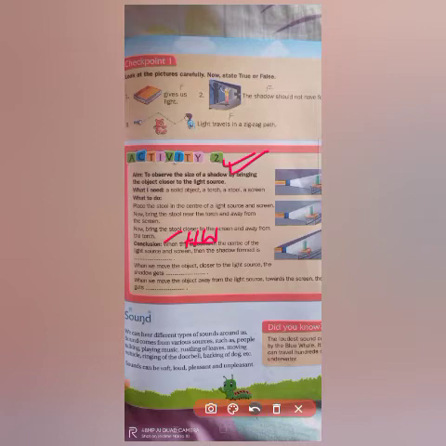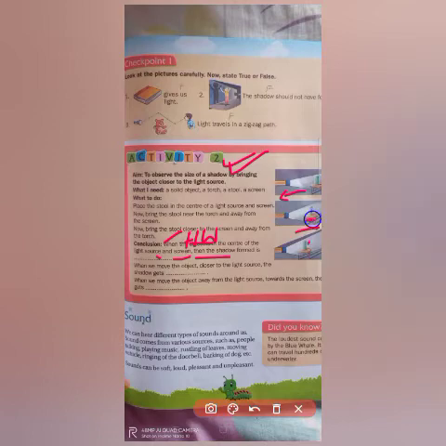Now in the first action, you move the object towards the source of light and write the conclusion you get: the size of the shadow formed, whether it may be big or large, right? First write what the size of the shadow will be when we move the object near to the source of light. Next, when you move the object towards the screen, that is away from the source of light,